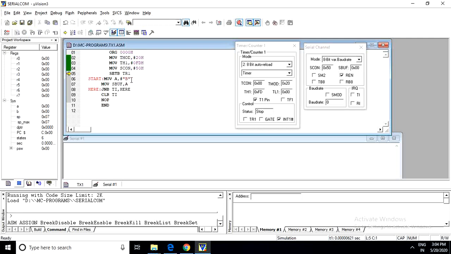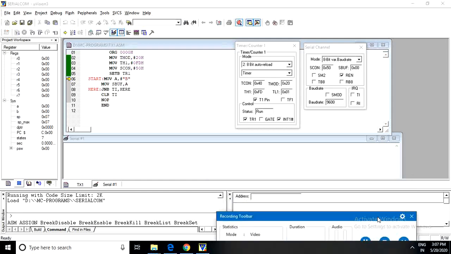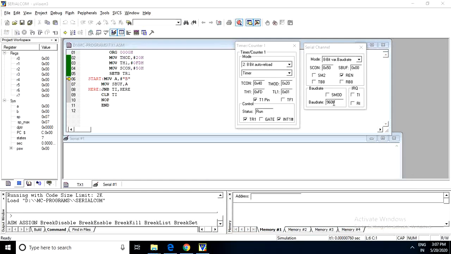Once the timer is started, the baud rate setting will be done. The baud rate is set as 9600.